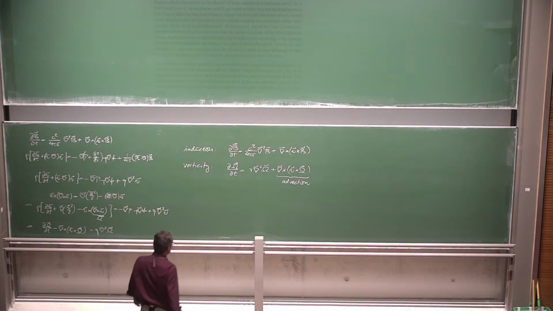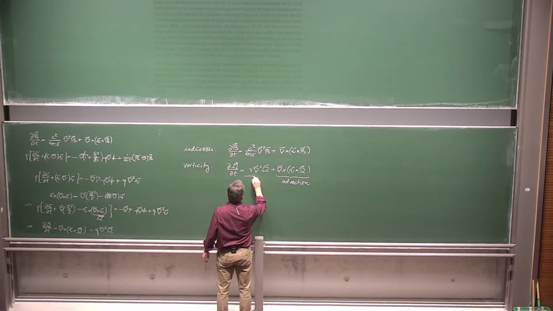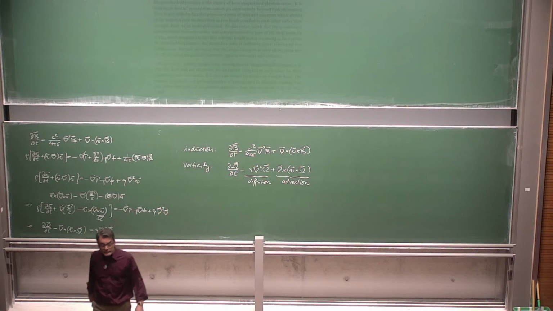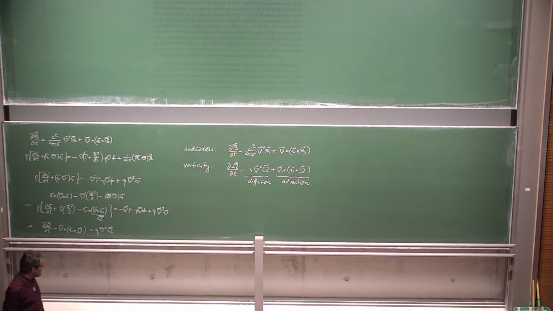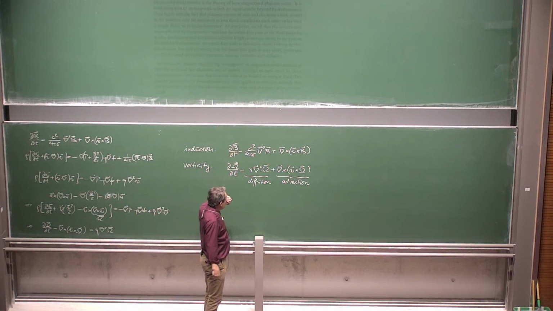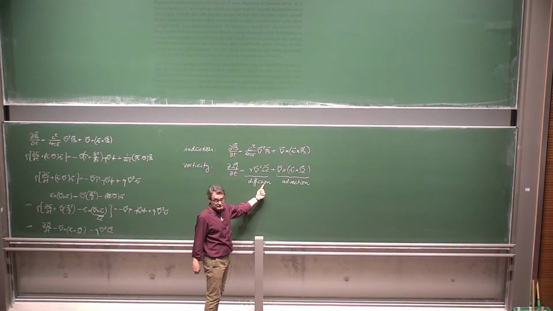It's the advection term. And this is the diffusion term. So both equations describe a balance between advection and diffusion. Okay, and in order to justify that we call this a diffusion term,